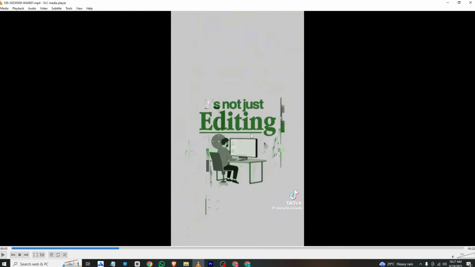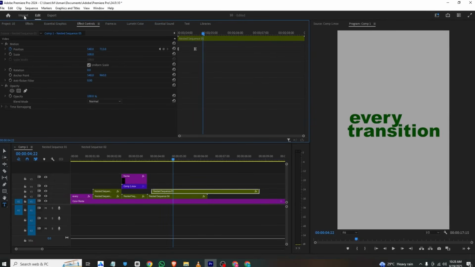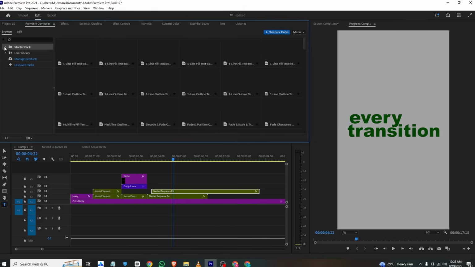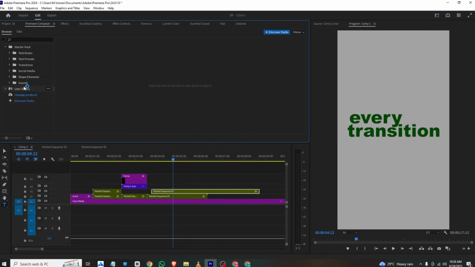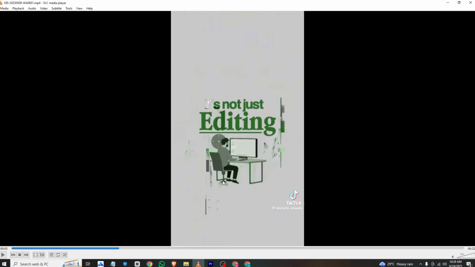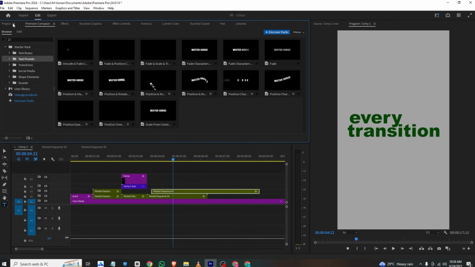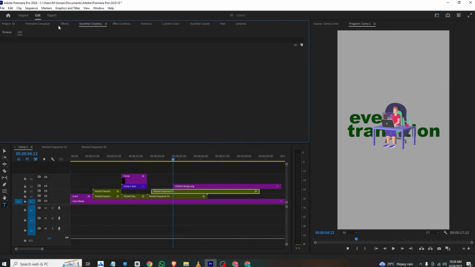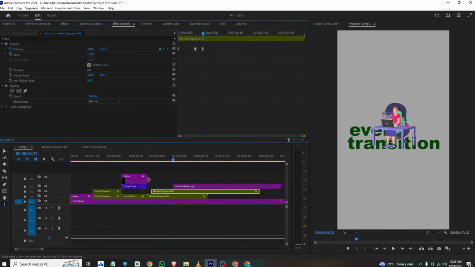You can do the same with rotation. I will show you how you can animate this line and other text. You can simply go to Window, Extensions and Premiere Composer. I will go to the starter pack, text presets, and then type in this character fade character animation like this one, and I will show you how you can animate this line. And for this asset, you can bring it to the timeline right here, and now if we want to move its face to the other side, sorry for this,